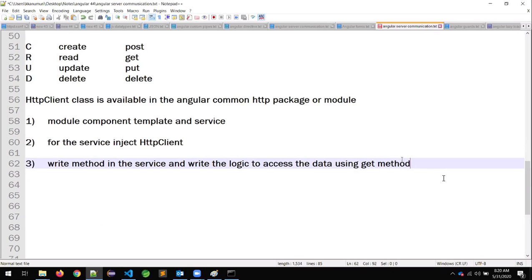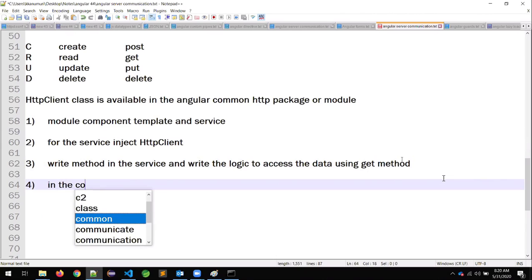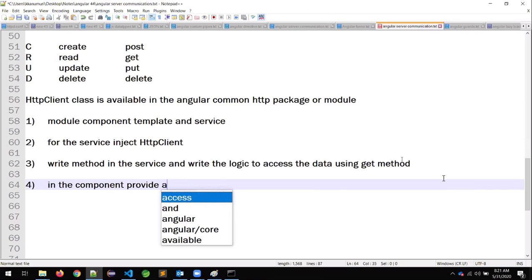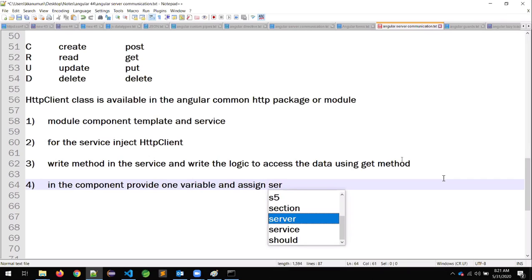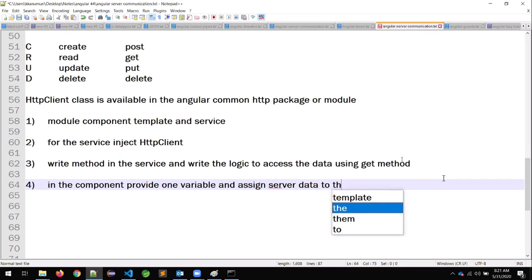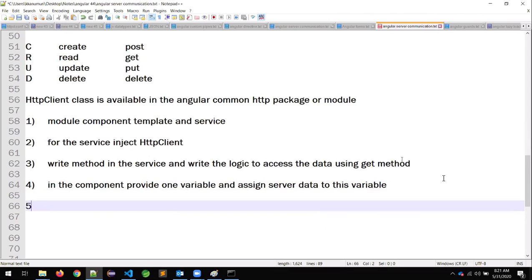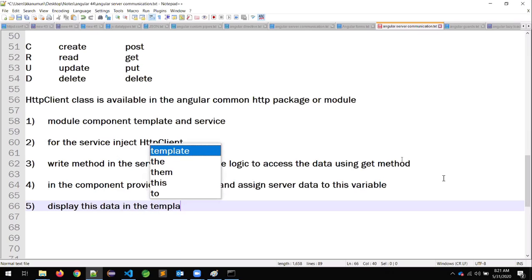And fourth one, in the component, provide one variable and assign the server data to this variable. Fifth one, display this data in the template using